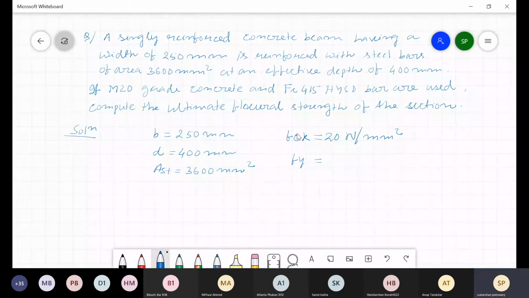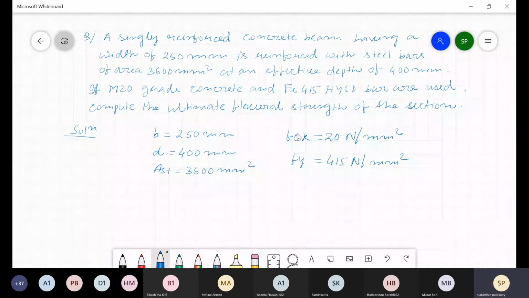Okay. Now we have to analyze the beam. That means we have to calculate the moment. Now for calculating the moment, we have two expressions, isn't it? One is from your concrete failure, and another is from your steel failure. We have discussed those things. So how do you know whether the beam will be under reinforced or over reinforced? Basically, you have to check that. So how do you say?